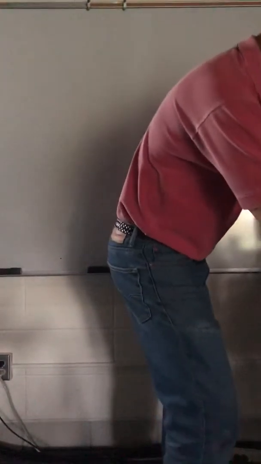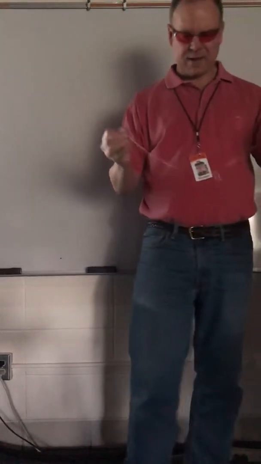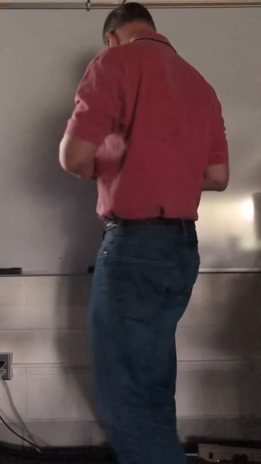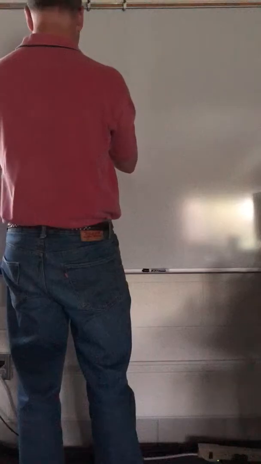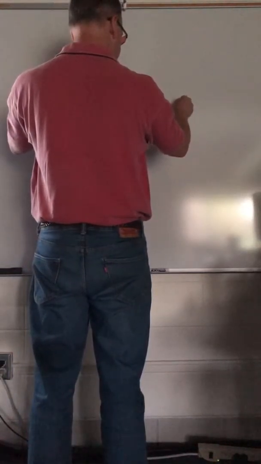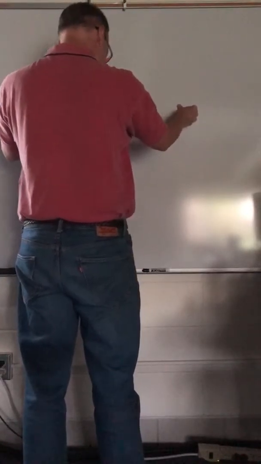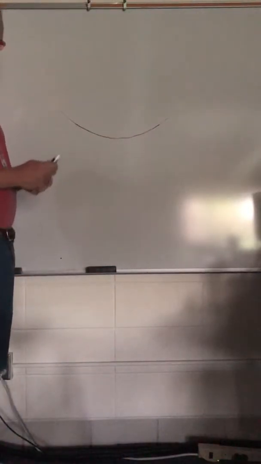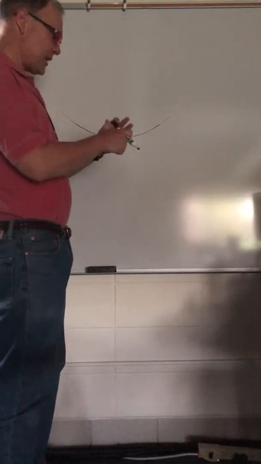I am here today to teach you about something called an ellipse. First I'm going to show you how they are drawn. I've got a piece of string here with a couple pieces of tape on the end. Okay, so I'm going to tape this string to the board like that. Then I'm going to take my marker